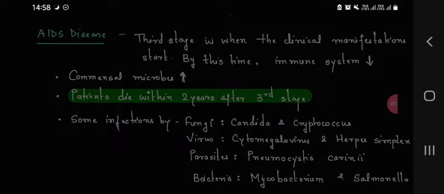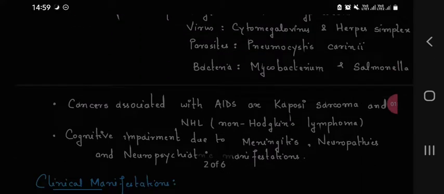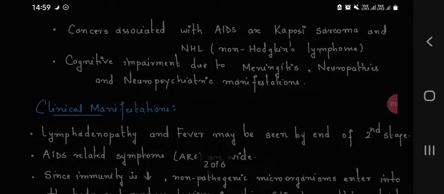Some infections are by fungi: candida and cryptococcus; viruses: cytomegalovirus and herpes simplex virus; parasites: Pneumocystis carinii; and bacteria: mycobacterium and salmonella. Cancers associated with AIDS are Kaposi sarcoma and NHL, non-Hodgkin's lymphomas. Cognitive impairment due to meningitis, neuropathies and